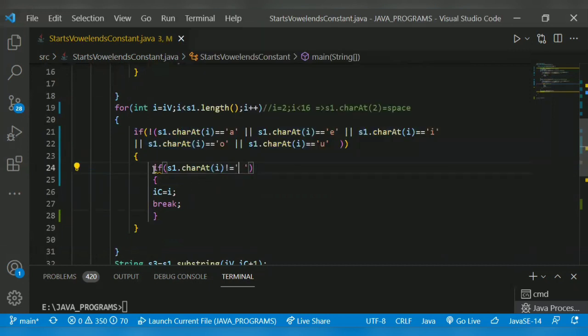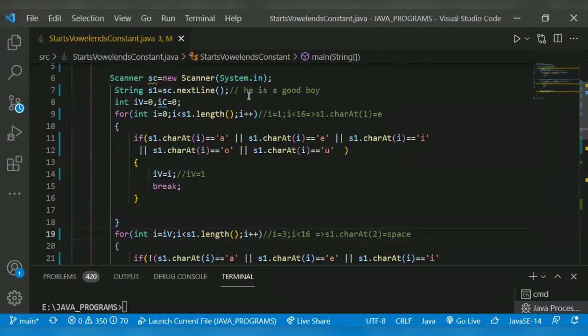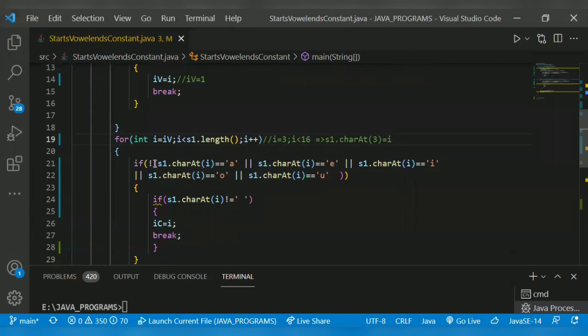So this does not satisfy that condition, and it comes outside. i gets incremented to 3. Now 3 is 0, 1, 2, 3, which is a vowel, I. So it will not go inside the if condition, and i gets incremented to 4.